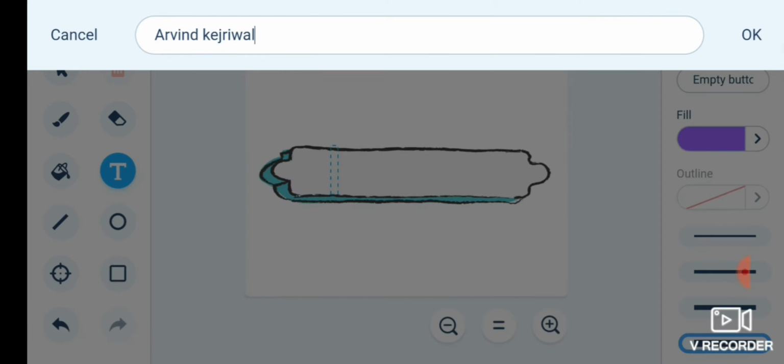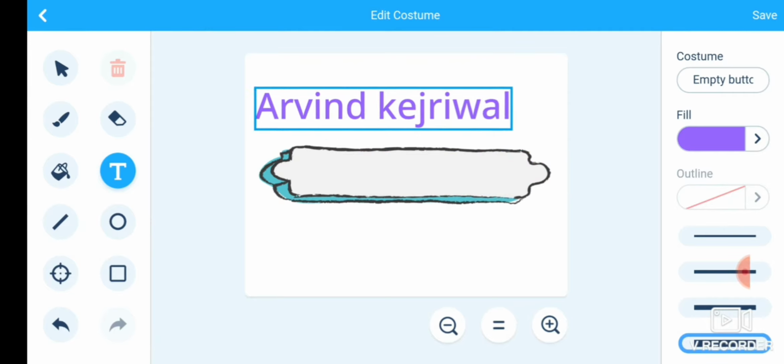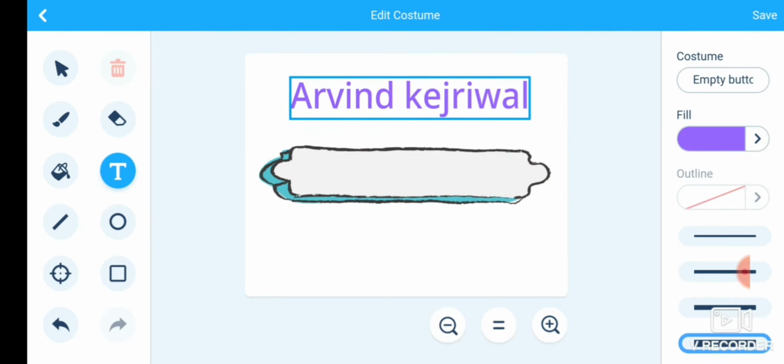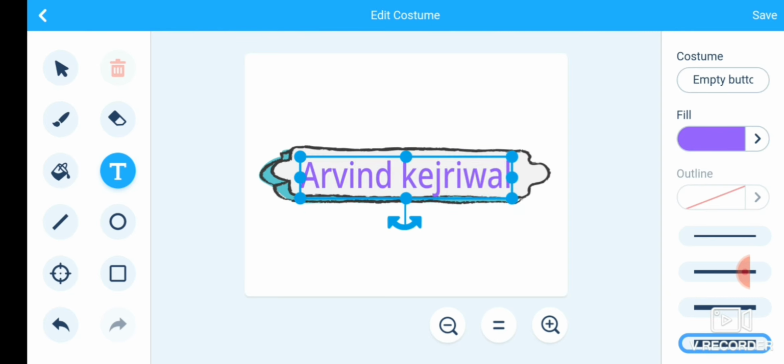You know this is wrong option. Reduce this and adjust this here and save it.